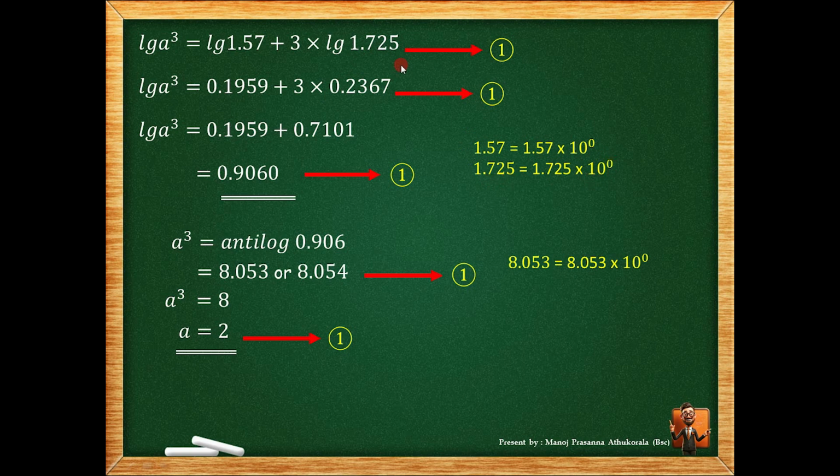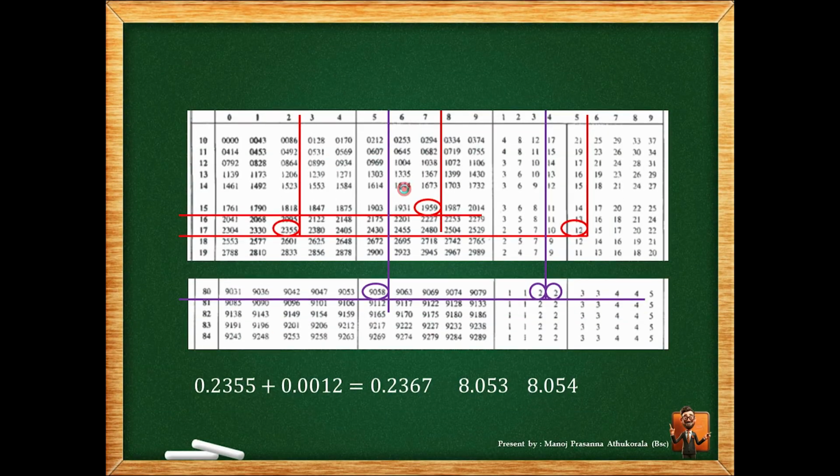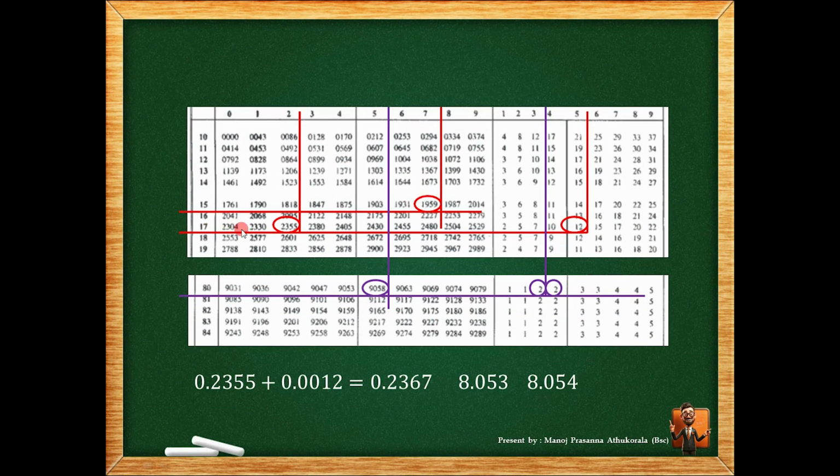If you write it in scientific notation, it is 1.725 times 10 to the power 0. That's 0, so it is 0 point. Then how do we read? 17, 2, 5. See the logarithm table. The 17th row, second column value is